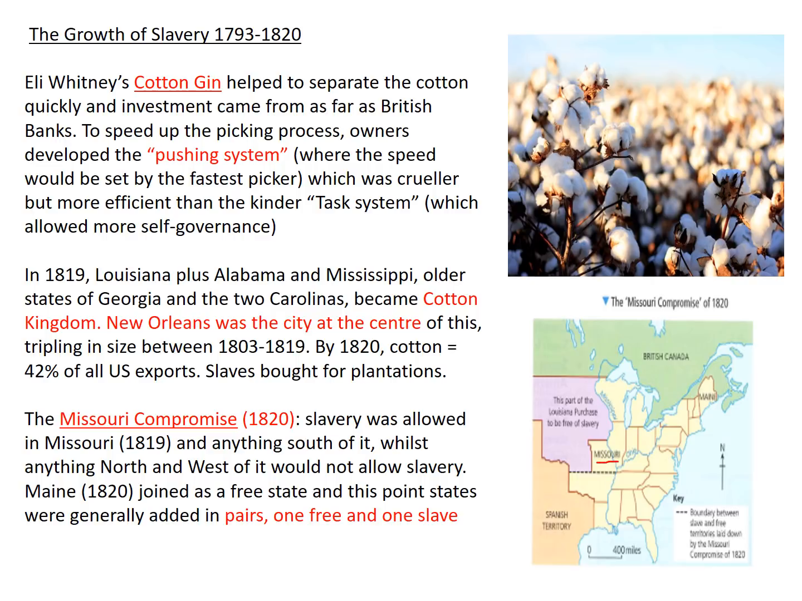And the Missouri Compromise says that slavery was allowed in Missouri itself and anything south of it. So you can see the dotted line along here. Whilst anything to the north and to the west of it wouldn't allow slavery. And what we now get is states are now added with one slave state and one free state at a time. So Missouri is added at the same time as the free state of Maine, and that's the way of maintaining